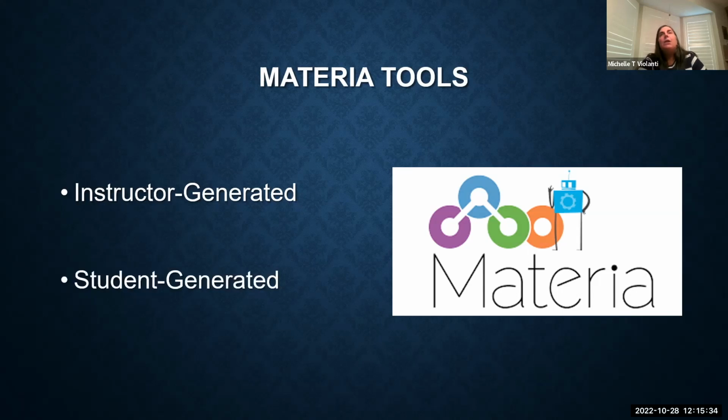The other thing that we don't see done as often, but can be just as valuable, is student-generated Materia or assessments, where they're creating the assessment. One of the things that we know is students who can teach material to others have clearly learned the material. So setting up situations where they're able to create something that could be used to teach other students about a particular topic is also beneficial for